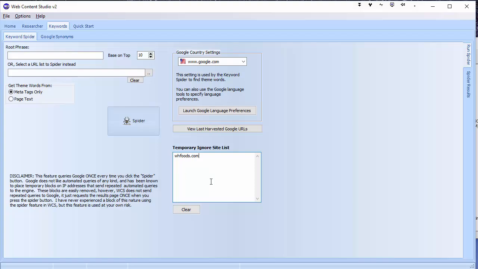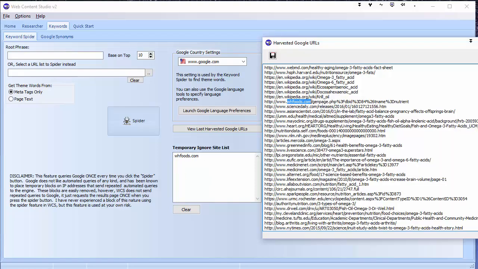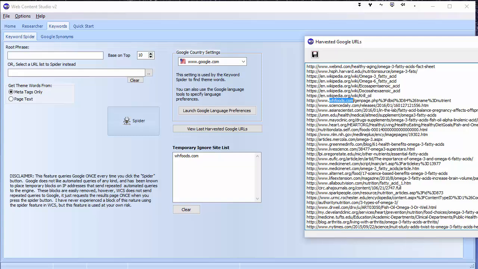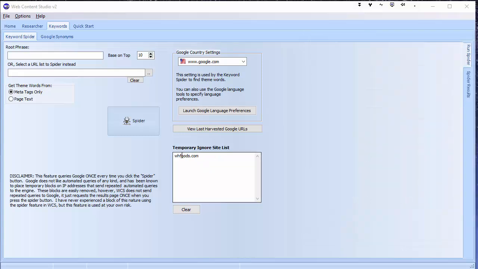Now this is a temporary ignore site list, and what happens is any URL or domain name that you put in here, if it appears in the list of URLs harvested by Google, then it will be ignored. I can show you that. Let me do the same run